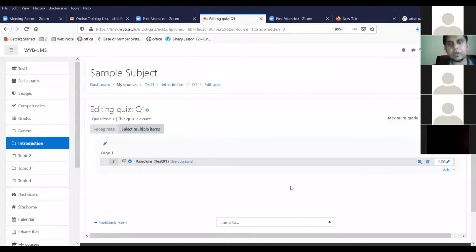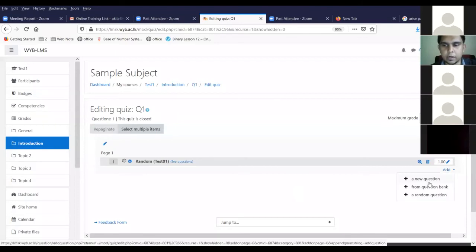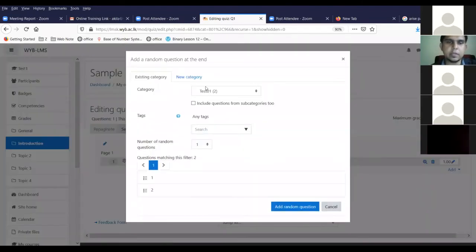So think that you have 40 questions in your question bank and you're going to give only 30 questions to the quiz. What you can do is click here, random questions, and select your question bank from this one category, and you can increase this to 30. So if you have 40 questions there, the LMS will automatically select questions from that and add to the quiz. So each student will have different questions there.